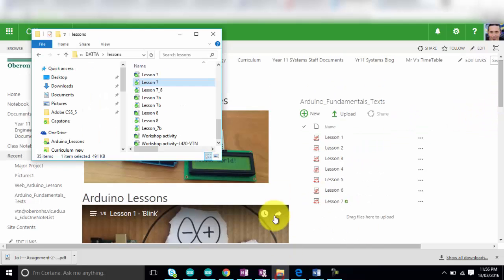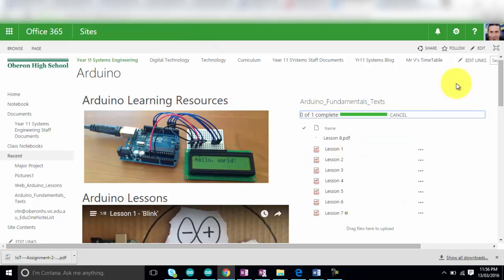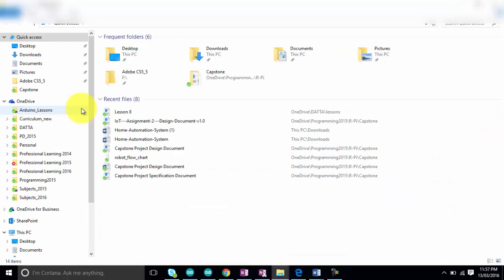So if I go and put another document in here, I'll put this one here, and all we do is just drag that across. So very easy to load up documents. You can synchronize these with your desktop. So I have a number of Office 365 cloud-based